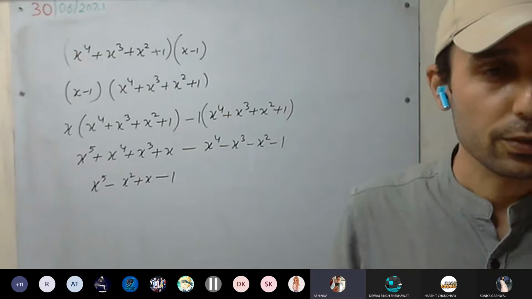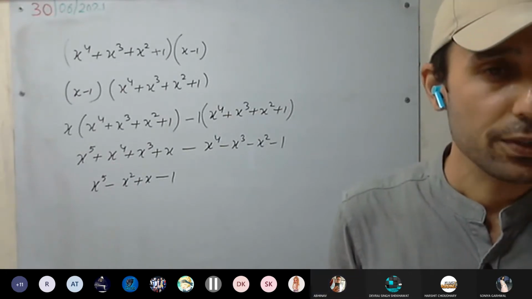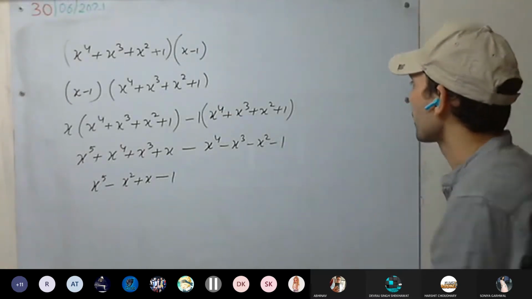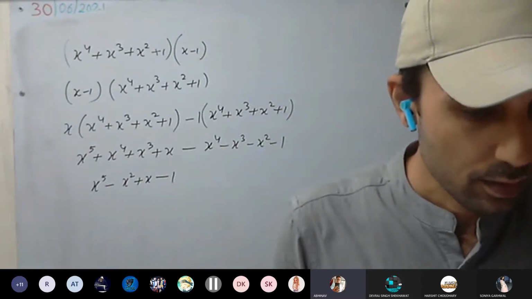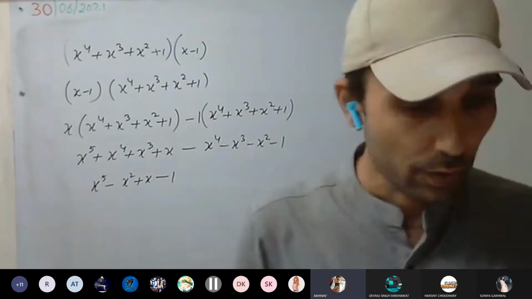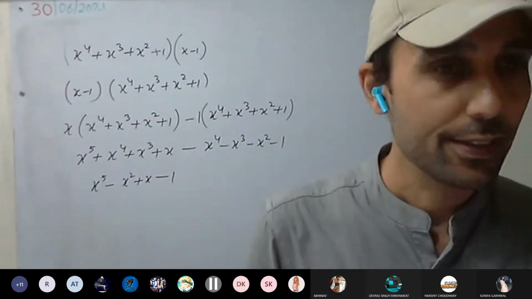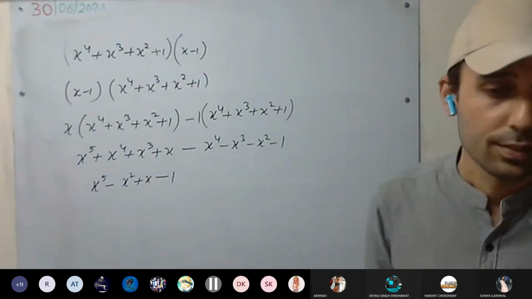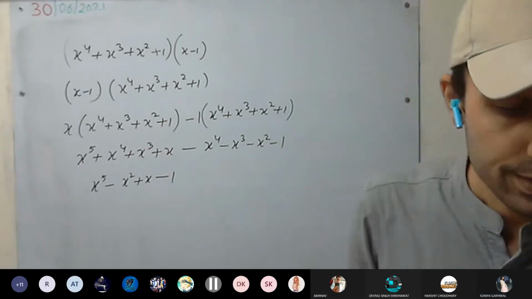Do the 8th one, everyone. Yes, do it, 8th one. Everyone do it. Sir, x cube minus 1? At last it will come x cube minus 1 if we solve it? No, it won't. See, solve it first and check it. First solve it. x cube minus 1 won't be the answer. Since there is an x square term, that is the right answer. Okay, we'll see that one.